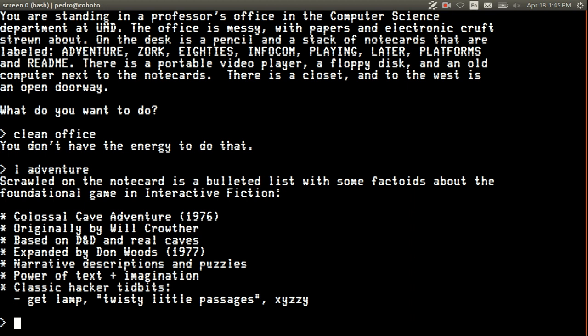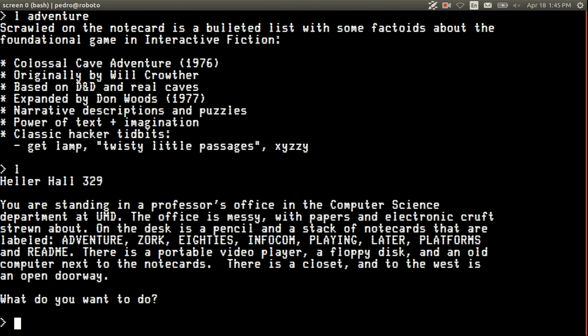Get lamp, or a brass lantern. You're in a maze of twisty passages all alike, and the magic word XYZZY that took you from one place in the cave to another has appeared in later pieces of hacker and computer games and literature. What else would you like to learn about?